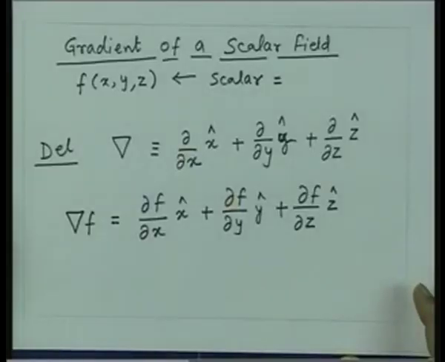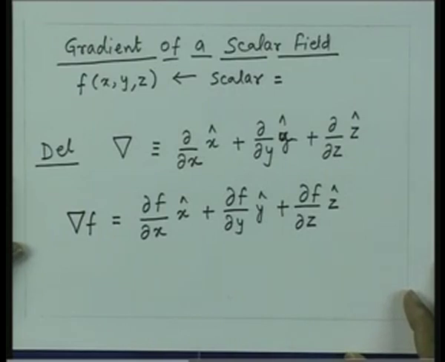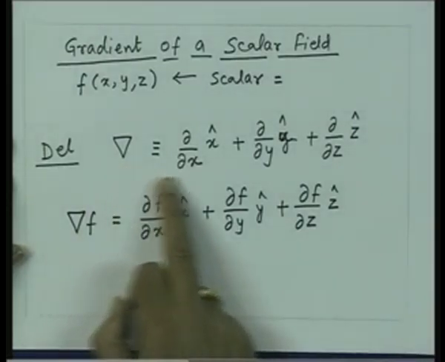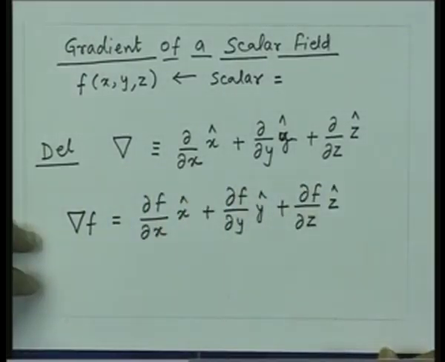In the last lecture, we studied the basics of vectors. We defined the basic operations on vectors like cross and dot products, and then we saw the differential operation on vector. So, we introduce this differential parameter, which is a vector operator called del, which is defined as this, and by